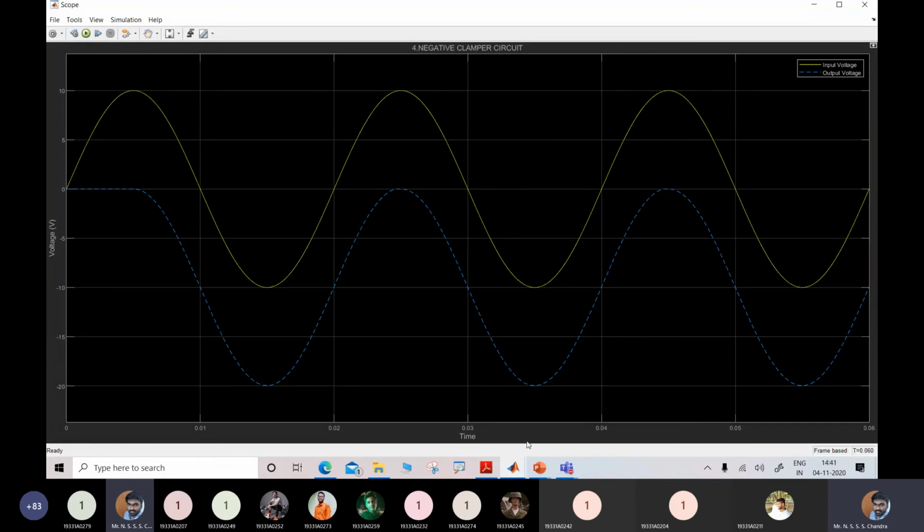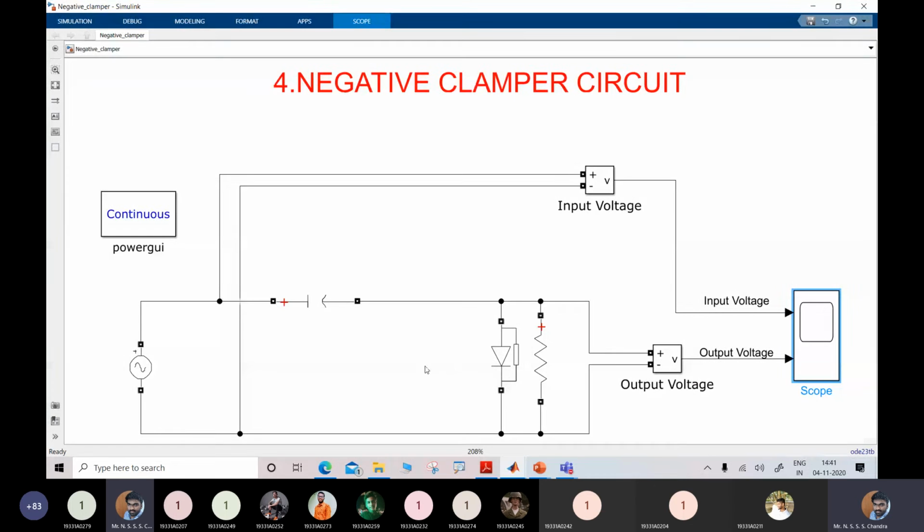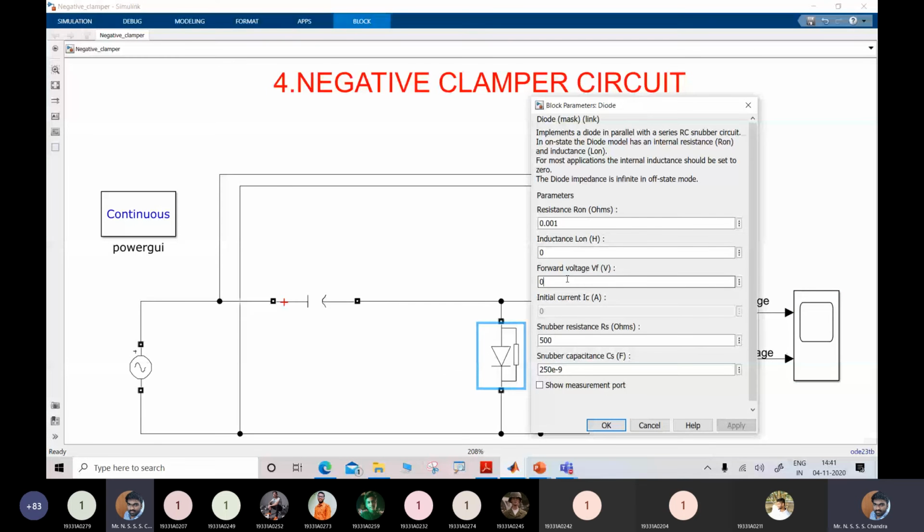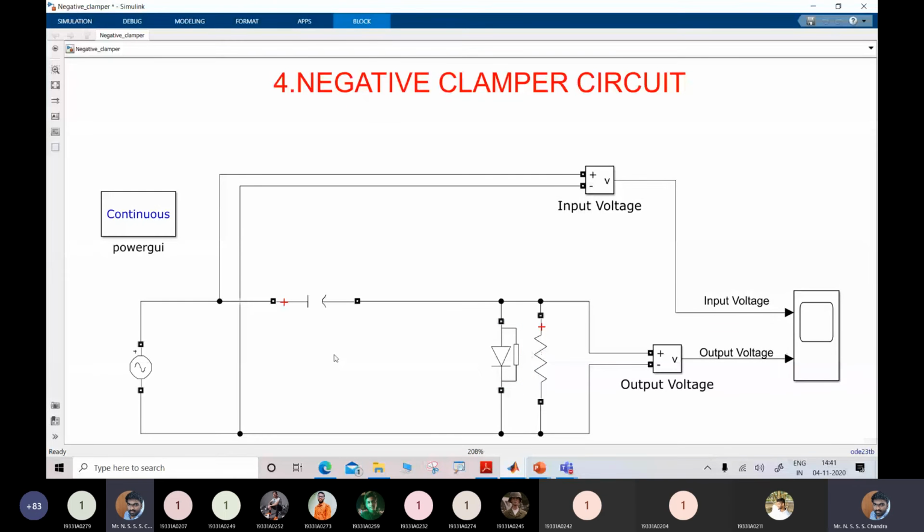Now if you consider the practical diode condition, instead of 0 you can take 0.7 volts. Now your change in voltage will be, how will it be? Instead of adding minus Vm, you will be doing minus Vm minus of Vm minus Vd. So it is minus Vm plus Vd. Instead of having minus 10 volts, you will be having minus 10 plus 0.7. So overall reduction will be only 9.3 volts.